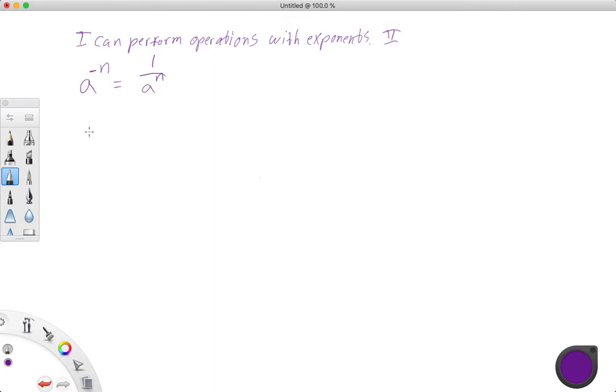Okay, so just a quick example. If we had 3 to the negative 5th power, that's the same thing as 1 over 3 to the 5th power. And this becomes important